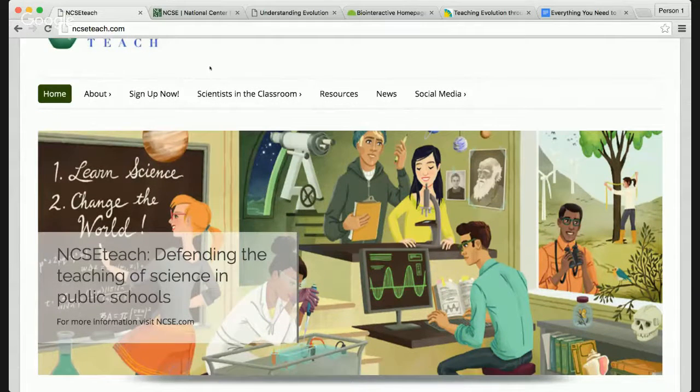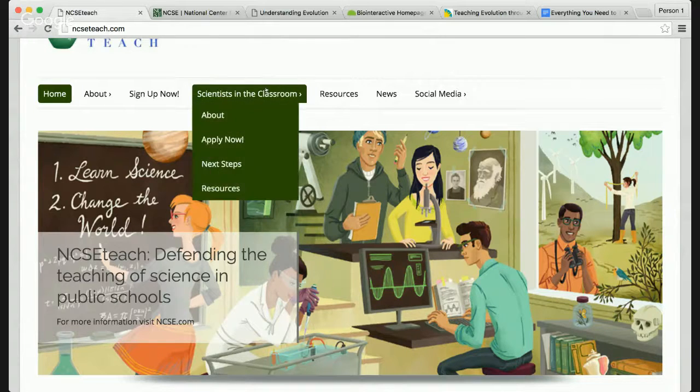Basically it's a network, and how we envision it, we want to gather as many, just every single science teacher in America. It's no big deal, but as many as we can, and share resources, share some of our favorite resources, share some tips, and also get you guys talking with each other. Teachers need support when teaching evolution and climate change as well. And we want to get teachers helping teachers, and we want to facilitate that. And we also want to get scientists in on the action.